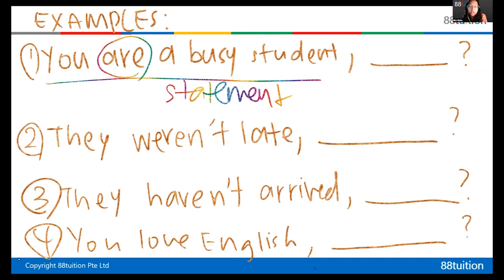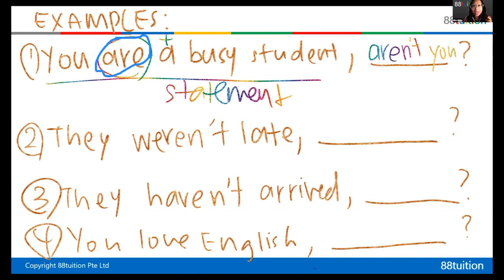So the answer, you will change it to a negative. So here are is a positive, okay? So you're going to change it to negative. So it will become aren't you. So question tags are always with an auxiliary verb plus a pronoun. So the pronoun here is you, okay? Aren't you, okay? So you must find the auxiliary verb in the statement, and then you change it to positive